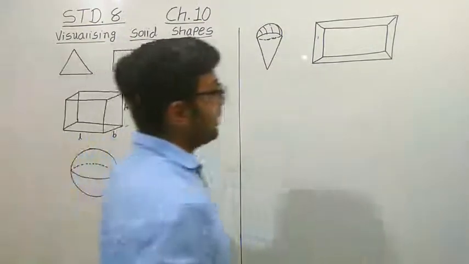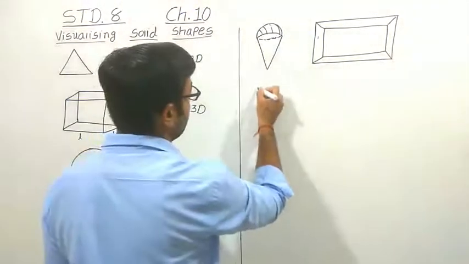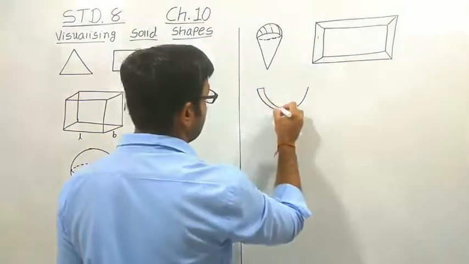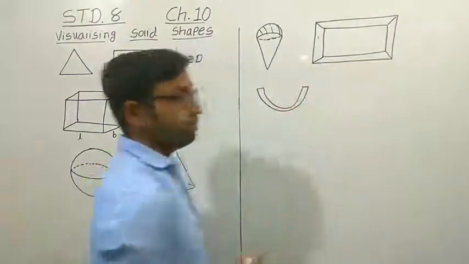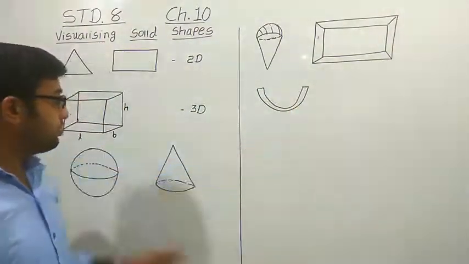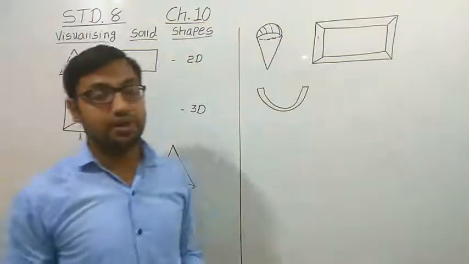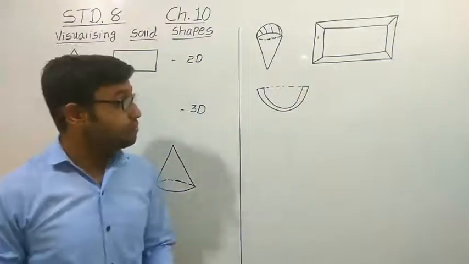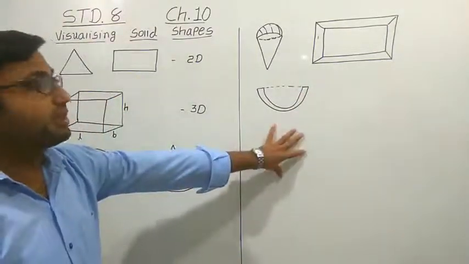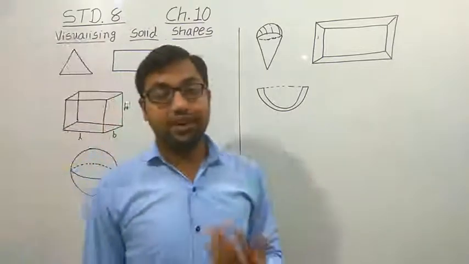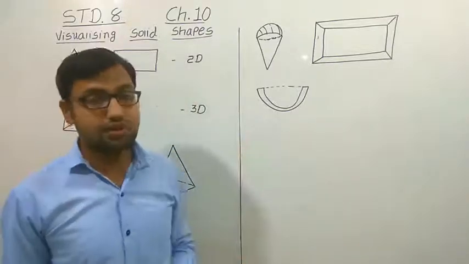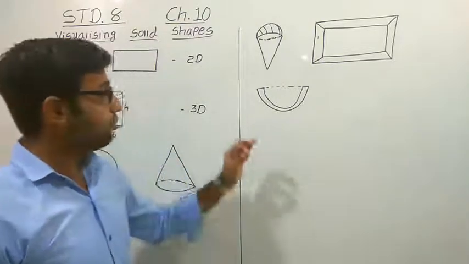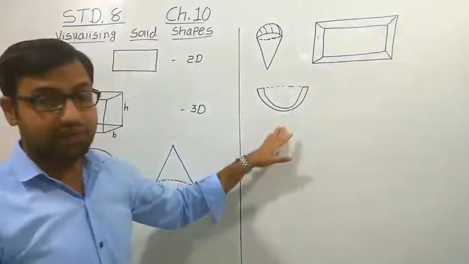One more example we can take is a bowl. This is one kind of bowl. So it is again the combination of two solid shapes, two hemispheres, right? This is a bowl. So these are all combinations of solid shapes. You can also find this kind of combination of solid shapes around you. So think about it, find it, and try to draw this kind of shape, right?